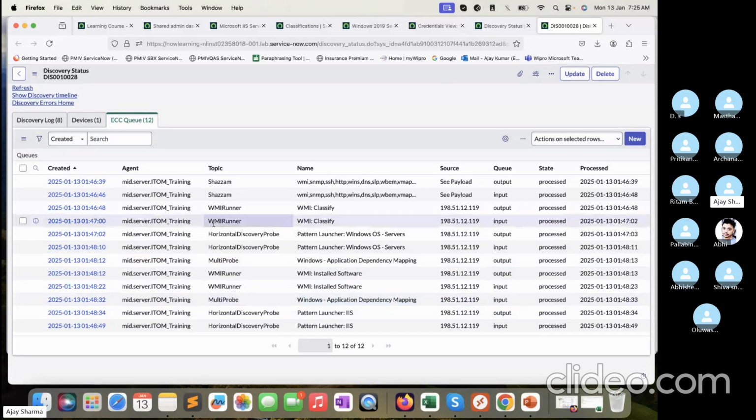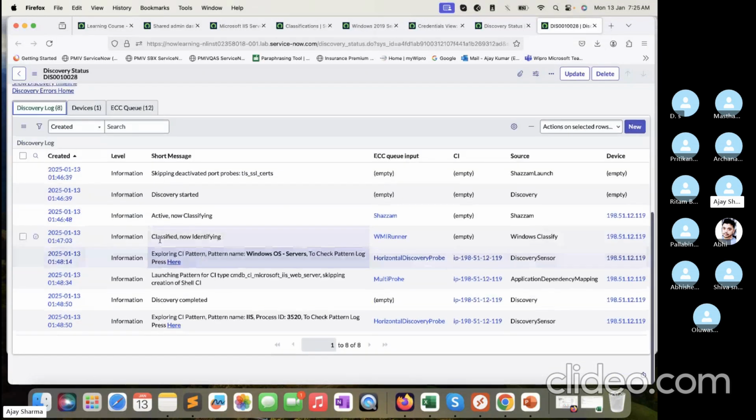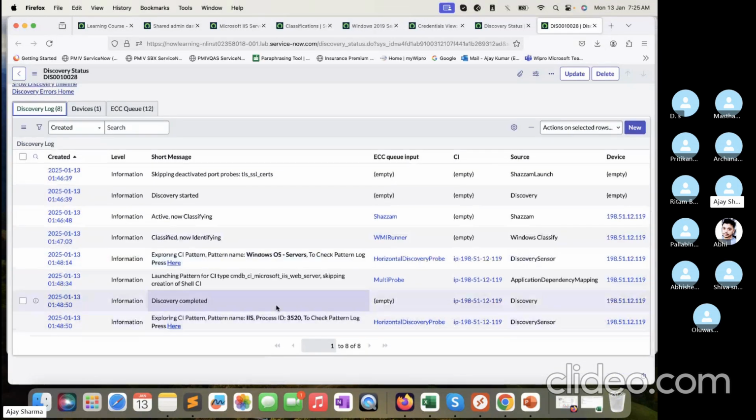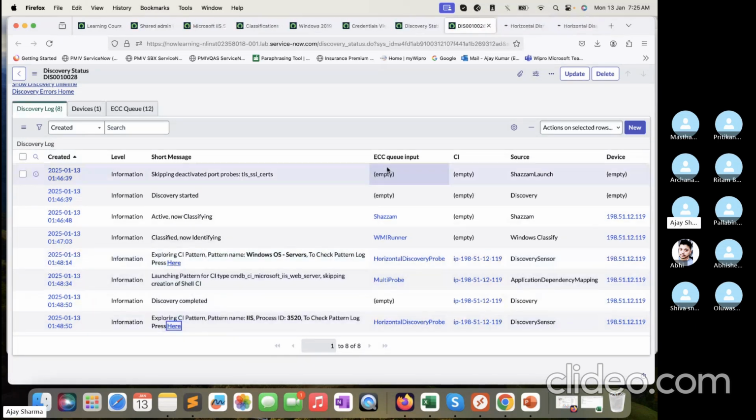If you see earlier when I mentioned, if your credentials do not work, the discovery fails. The credentials were there, but I just set those particular credentials to active false, and that's why this machine was not discovered. Now that it's discovered, we are able to see that information, and the discovery logs are also perfectly showcasing each and everything. Now one more thing, if you just want to check the discovery logs,